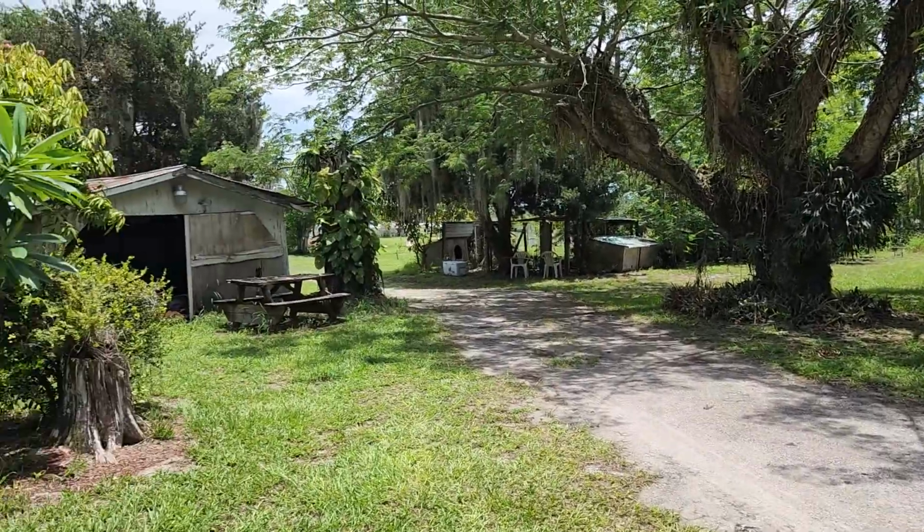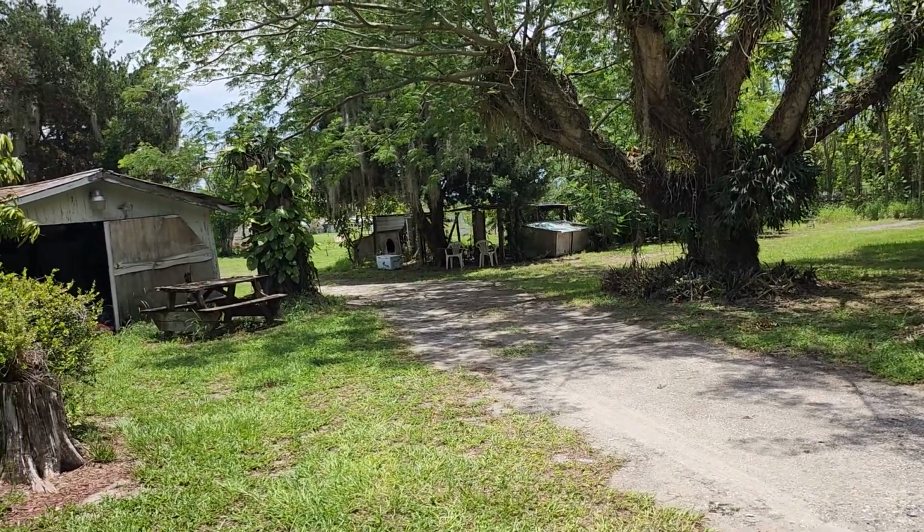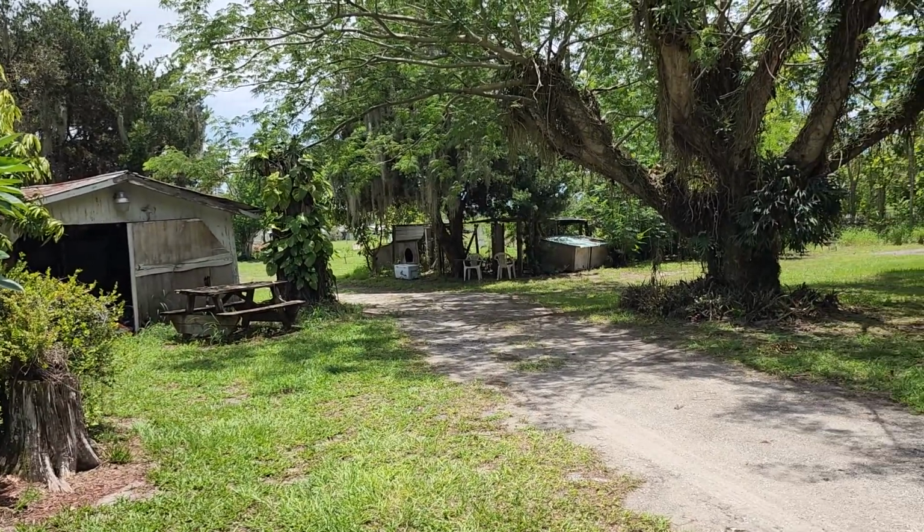Hey everyone, I want to show you this 4 bedroom, 3 bath. This is a huge house. This one is almost about 3,000 square feet, but if you can see the land, this is just the front acre. That's about 2 acres. The back would be, like if you head out towards this, it has 2 extra parcels